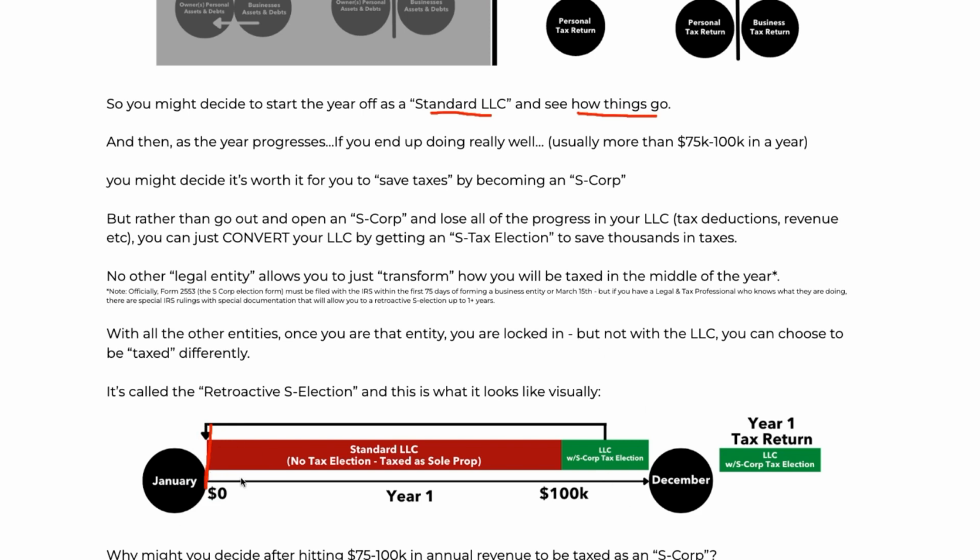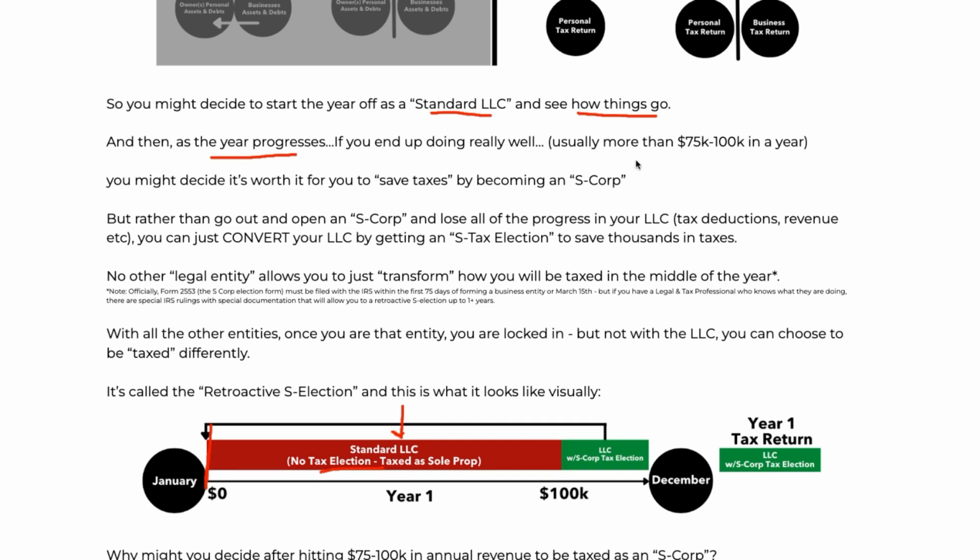And so what's going to happen is you start in, let's say, theoretically, January, February, March, whatever month you start in, okay? And you say, cool, I'm going to be a standard LLC. No tax selection. So that means I'm going to get taxed as a sole prop, okay? And then as the year goes on, you're like, man, things are going a lot better than I thought, right? I got access to this business basics course. I got access to this launch course. I actually learned how business is done. I learned about marketing. I learned about sales. I didn't think I was going to make that much money, but then it ended up going really well. And I actually made a good amount of money.